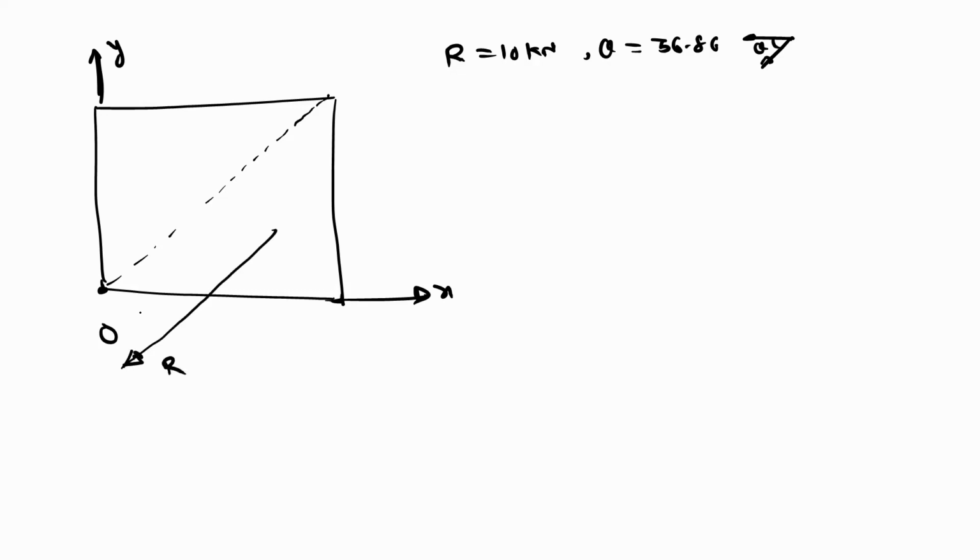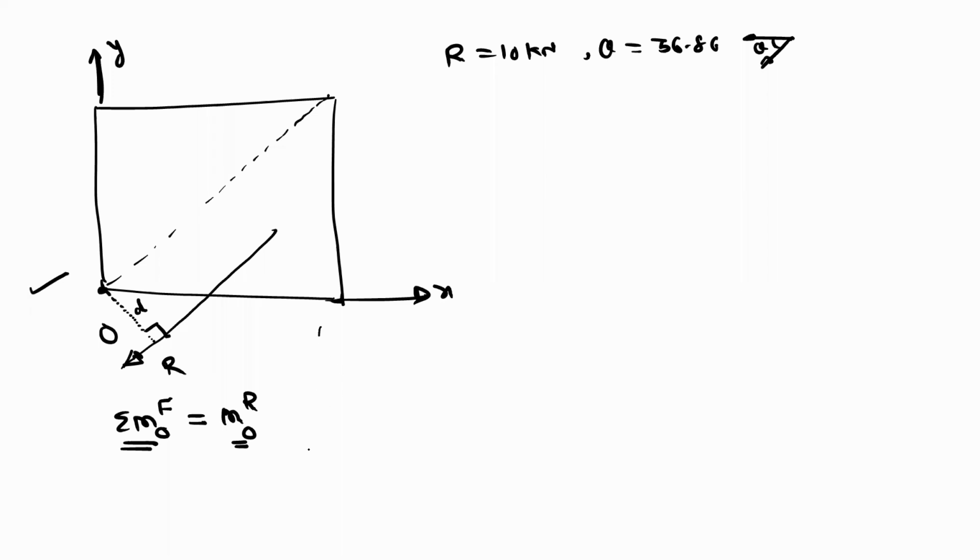So this is R, and take this perpendicular distance, that is, draw a perpendicular from point O on the line of action of the resultant. So this is the D. Okay. So you can use Varignon's theorem. So the summation of moments by all the forces about O is equal to the moment by the resultant about the point O. Okay. So this left hand side you can find out by observing the original diagram, that is the system of forces, and the right hand side you can find out by observing this diagram.